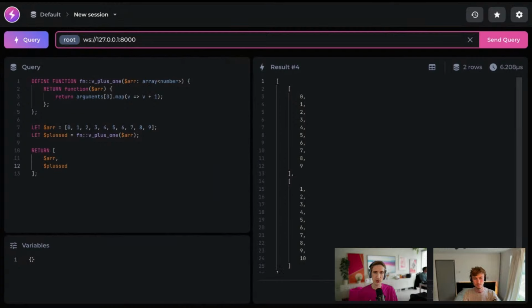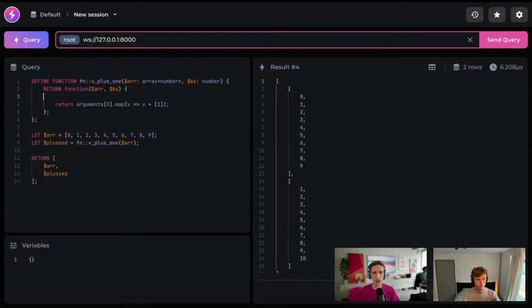So there you go. By passing effectively the entire argument to the SurrealQL function, which in turn passes it down to the JavaScript function, you can have similar effects. It's not quite lambdas just yet, Sophia, but it does have the same effect. So you can pass different arguments in and have those returned.